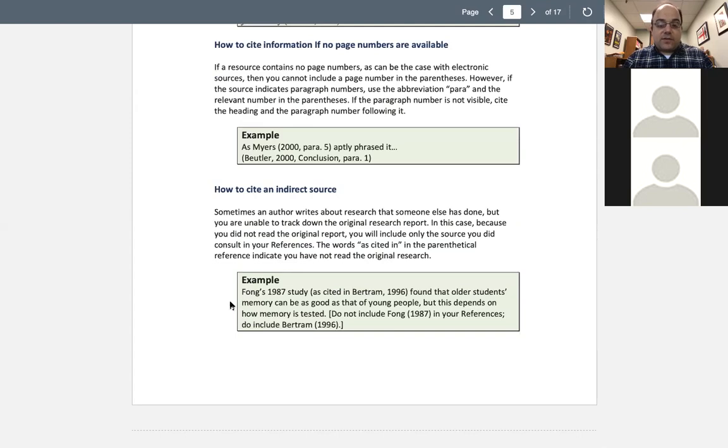Indirect sources refers to situations where you're citing a source within a source. In this instance, what you're looking at is actually this article by Bertram, and you're citing something from Fong, which is in that. But what you're going to do is put "as cited in Bertram" to indicate where it is that you're actually looking at the information. So you're not looking at Fong's actual work, you're looking at Bertram, and Bertram is who you're going to include